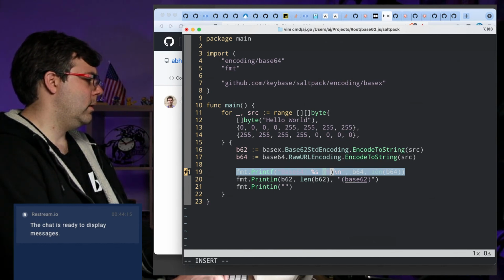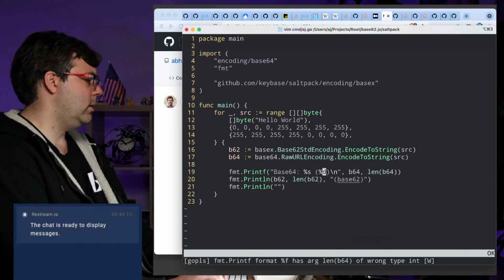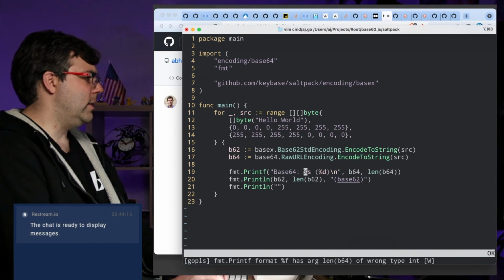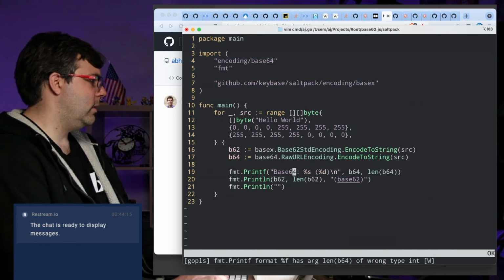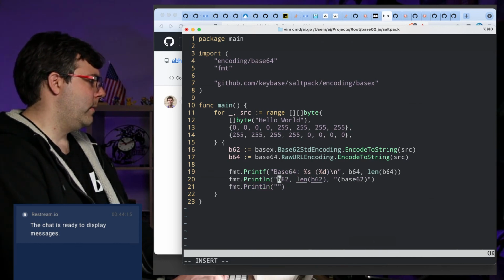What is it? It's not I. It's not N. Is it L? Is it D? For double? Decimal. Digit. That's what it is. D for digit. There we go. Okay, so printf